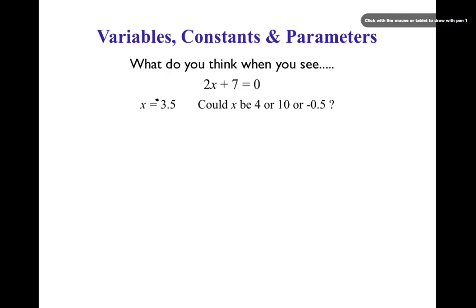So now, no, actually, I want this to be minus. I fixed this. I promise you I did. That's what I want. Okay, so is x 3.5? Could it be 4? Could it be 10? Could it be negative 0.5? Then you didn't do your reading. Oh. All right,